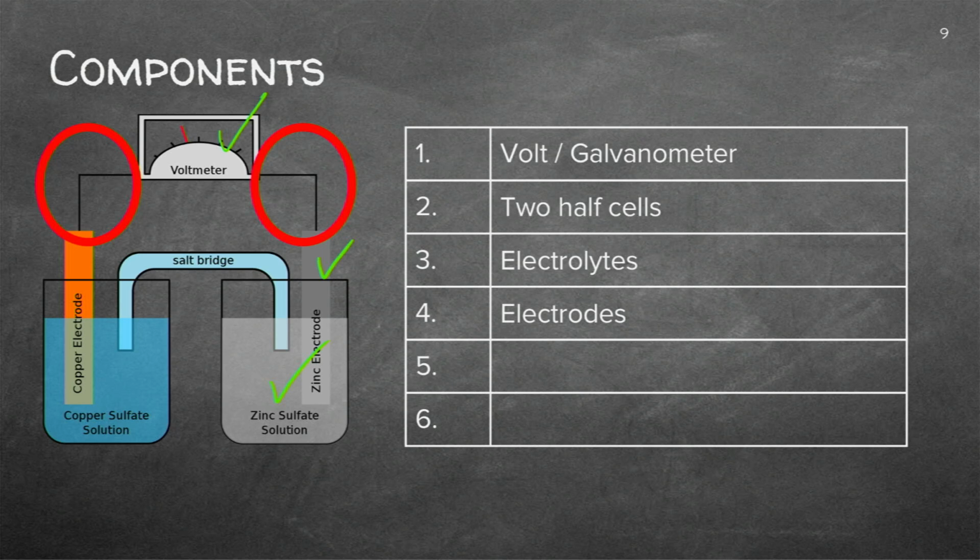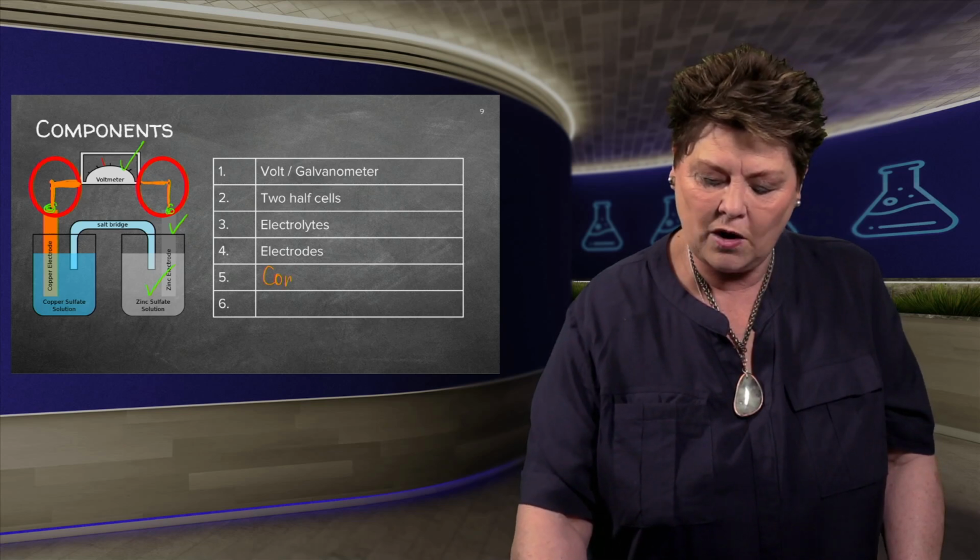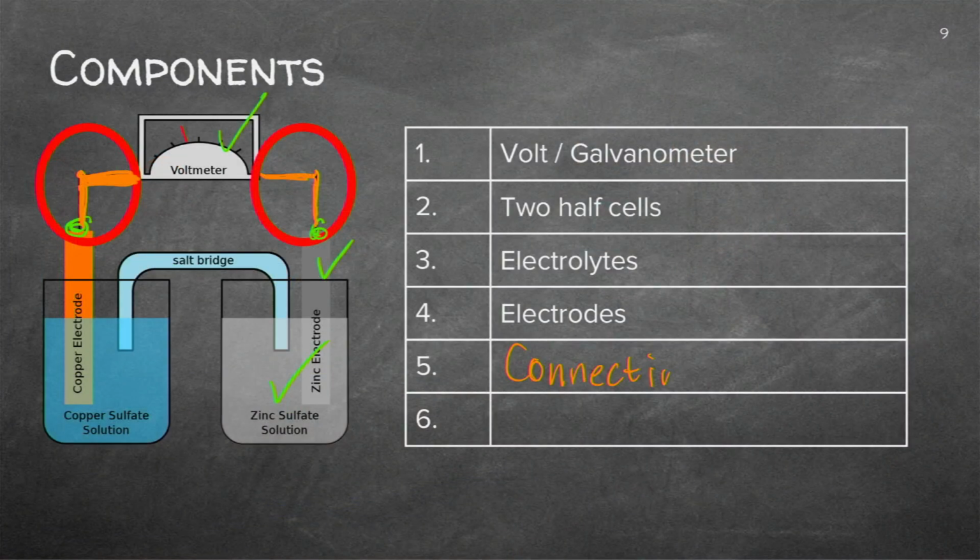The linking of this electrode to that electrode will be with connecting wires. You just take a connecting wire there, exactly like you did in your questions on current and circuits. That's just the connecting wires. Can you see? I've actually shown you there that we can link those together. And here you've got your voltmeter. So that's the circuit.